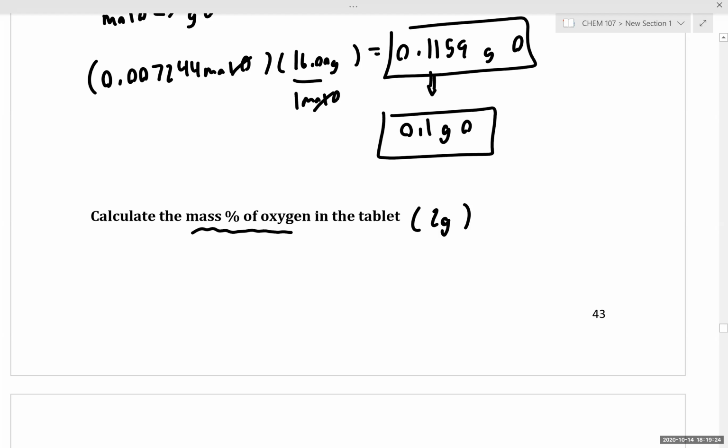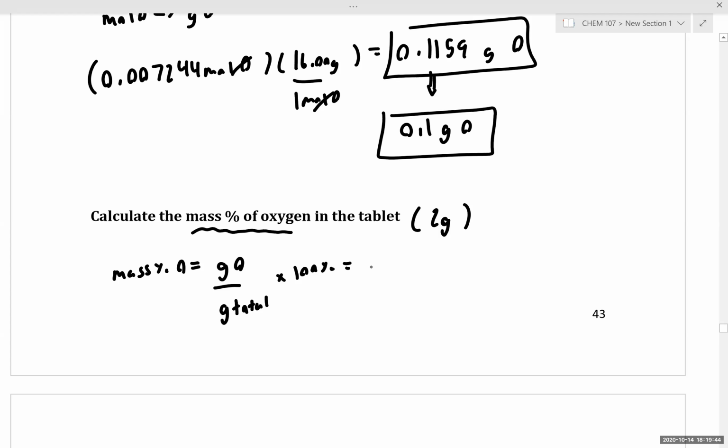And it's great to see that we have a pool of responses in the chat. So let's now discuss this example. So mass percent is defined. So the mass percentage of oxygen in this case is defined as the grams of oxygen over the grams total